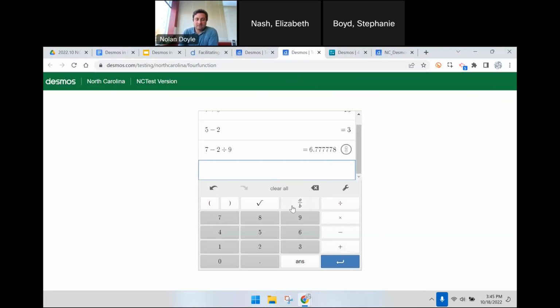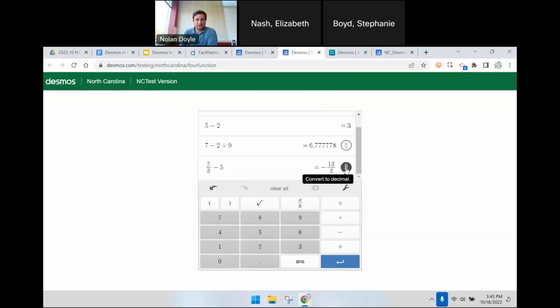We can also create a fraction using the fraction button here. When I hit that button, it will give me 2 spots to put in my numerator. And then I can click down here and put my denominator and continue with any operations there. And once again, I can toggle back and forth between the fraction and decimal form. So that fraction button and this toggle button are those main differences between the public-facing version and your North Carolina